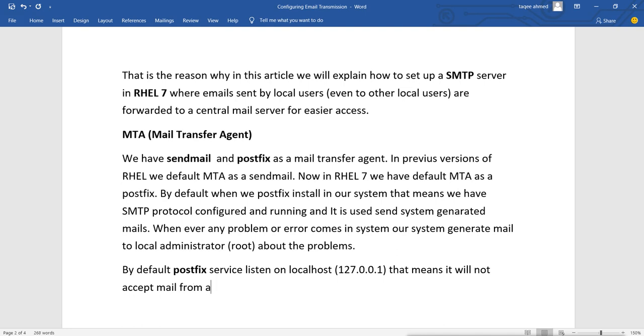It will only accept mail from the local system, because it generates notifications and mail for the system and only sends mail to the local administrator on the local system. It listens on the loopback IP, so it will not accept any mail from another system.